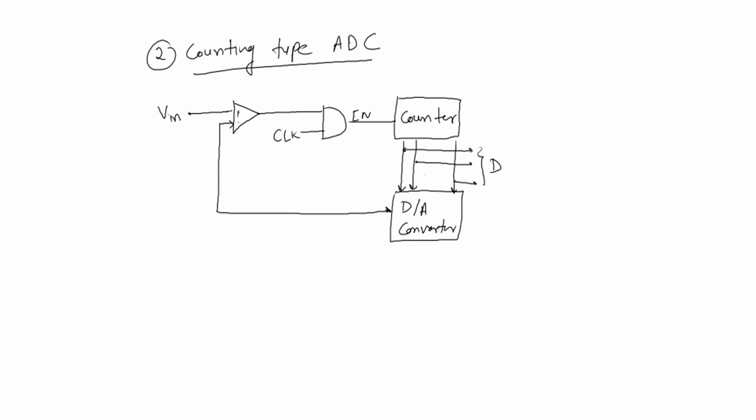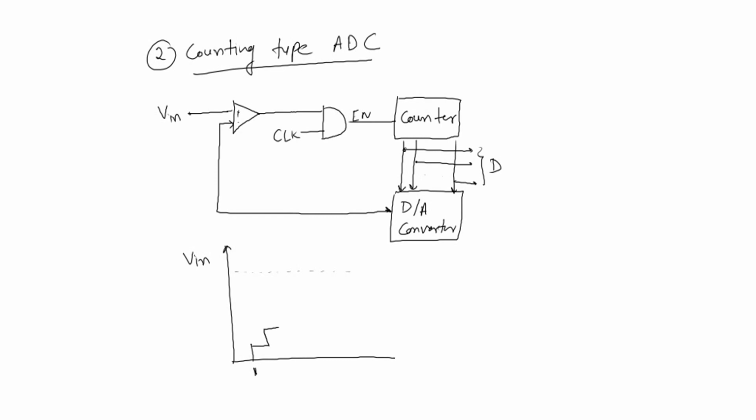So how does it work actually? Why are we calling it a counting type ADC? What it does actually is count, basically. How does it count? Let's say this is your analog input, at a certain level. Initially the clock is counting, so it will start from 1. In this case V in is very large, so the output will be 1, and it has to count again, right?